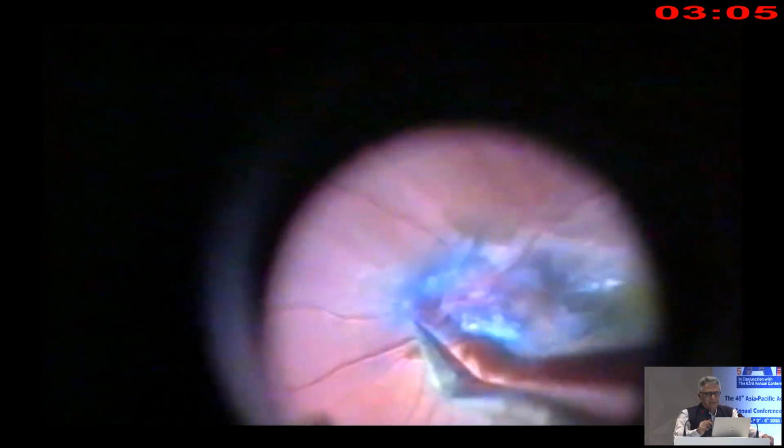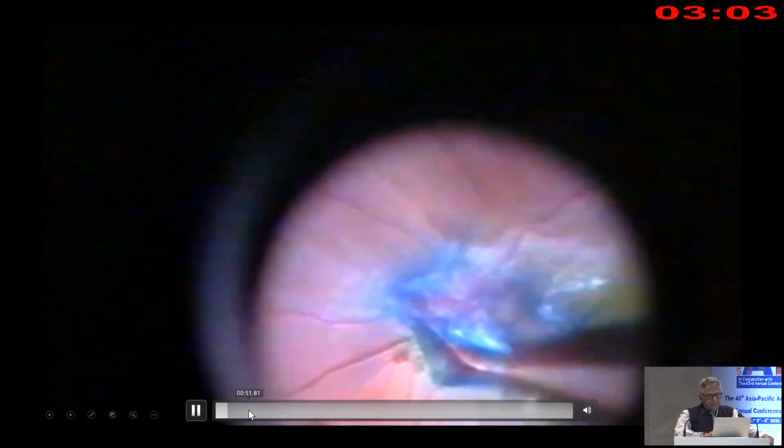You see this, we normally tend to stain with trypan blue, and once hyaloid has been removed, then we stain with trypan blue and then identify the edge. Once the edge is there, the best instrument to identify an edge according to me is a 25 gauge MVR blade, or you can use diamond dusted scratcher. Diamond dusted scratcher sometimes can cause damage also, therefore I am not very keen to use it. So this membrane generally comes in a single sheet like you see here.